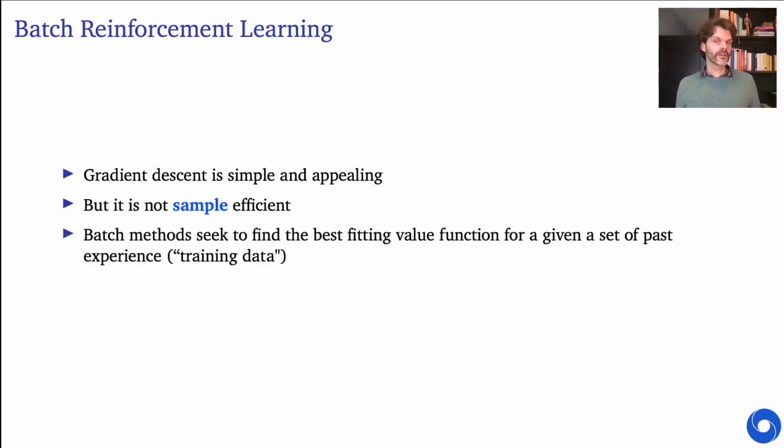So instead, we could consider doing a batch approach where we try to find the best fitting value function for a set of data that we've seen so far. So instead of just doing one gradient update necessarily on every sample, we could try to extract as much information as we possibly can from the training data. There are several ways to do that. I just want to mention that